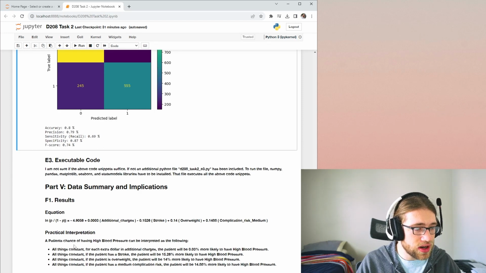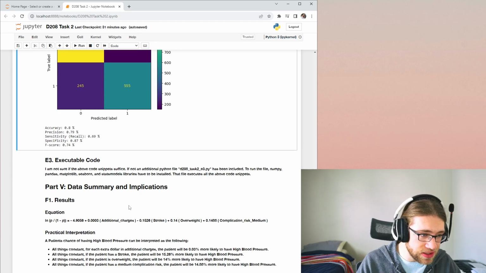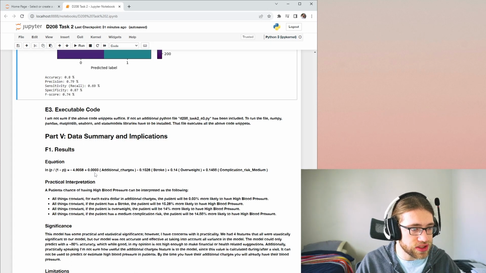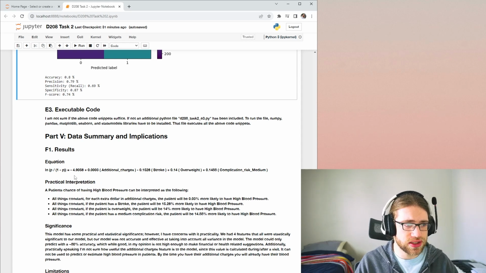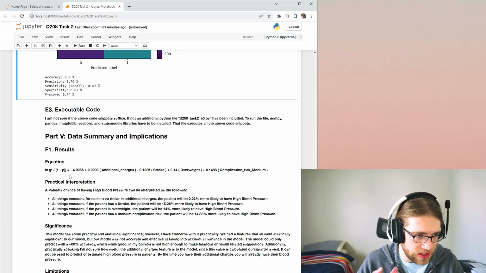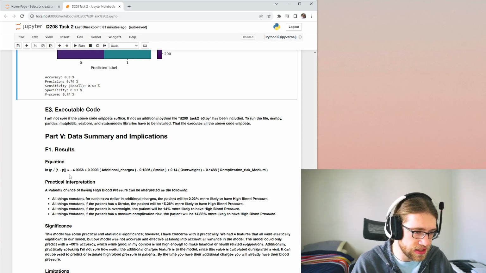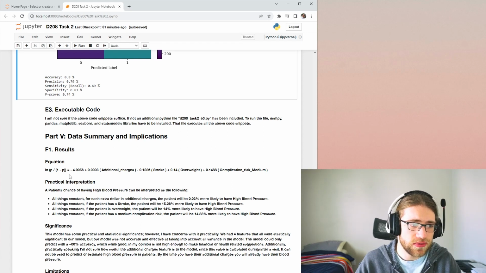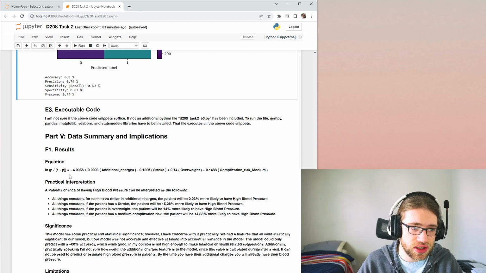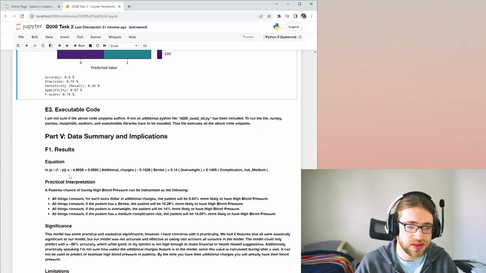So now on to the data summary and implications. We've got the equation here, which includes all the variables that are within the model. And the practical interpretation of the equation is that a patient's chances of having high blood pressure can be interpreted as follows: all things being constant, for each extra dollar in additional charges, the patient will have an additional 0.03% likelihood of